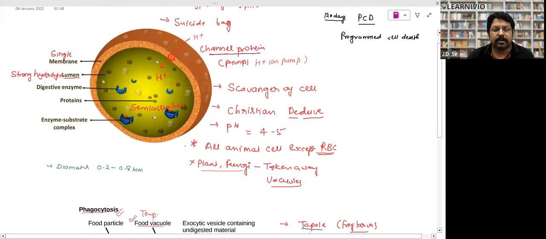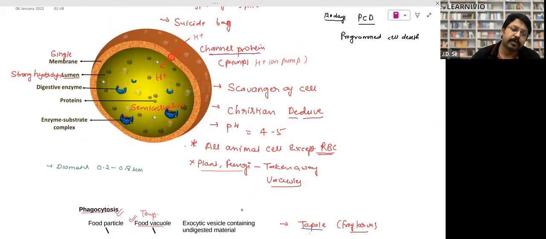In plant and fungi, their function is taken away by the vacuole. It means in the plant and fungi, they are not found. Their function is taken out by the vacuoles. And Golgi complex have,